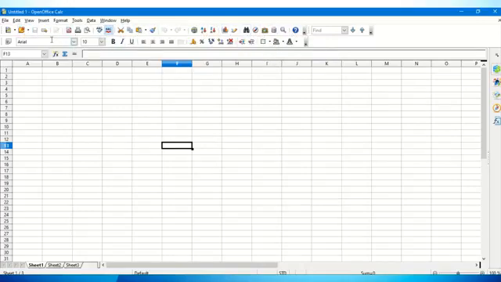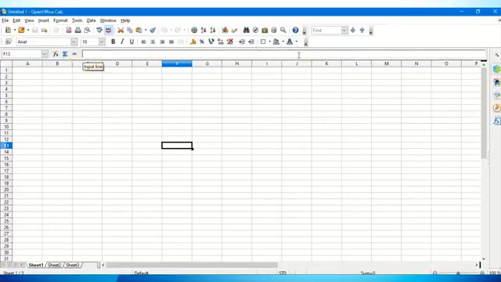Below the standard toolbar is the formatting toolbar, which helps us to format data inside our cells. That is changing the font color, bold, italics, and underlining, and alignment options, and also certain cell formatting options which we will be learning in detail later on. We can also highlight or give backgrounds to a cell or change the font color from this option. So basic formatting options are available in the formatting toolbar.